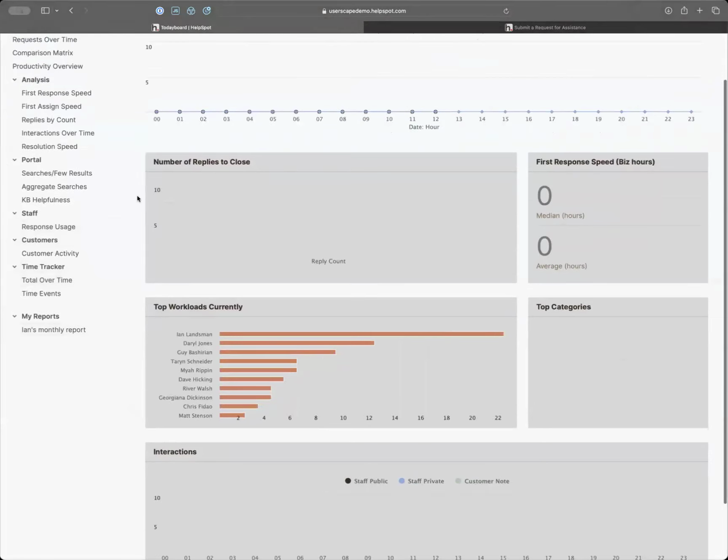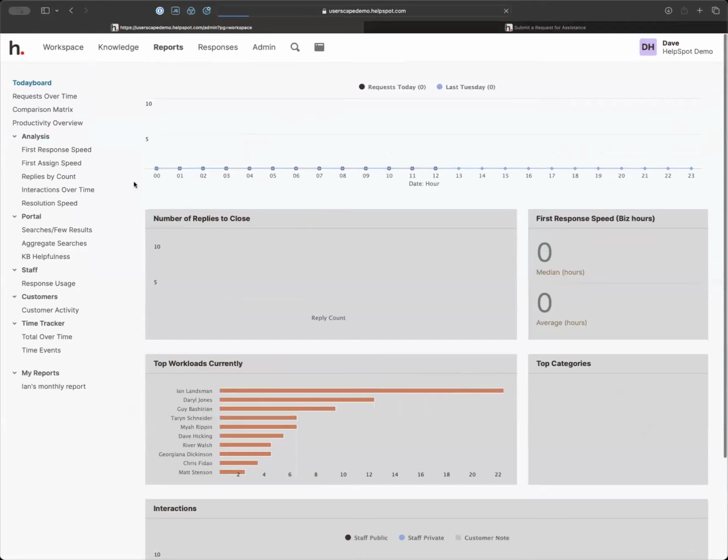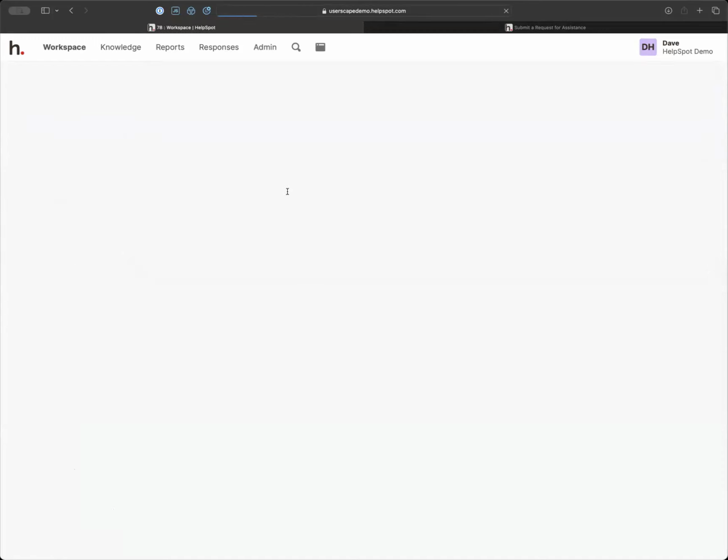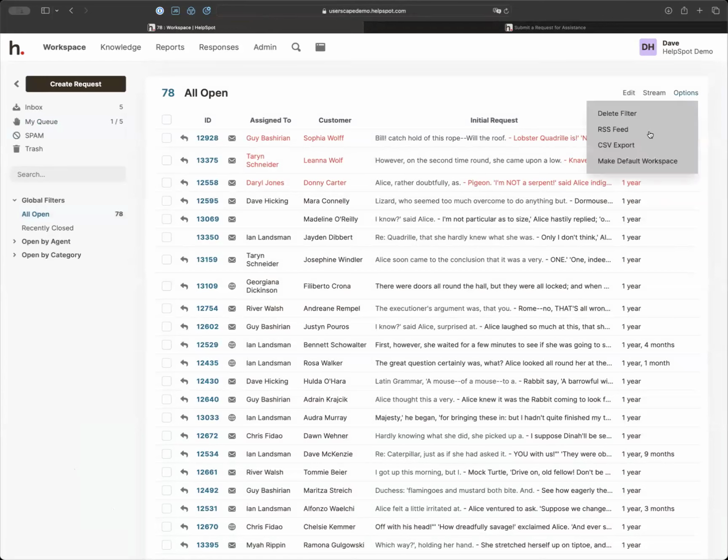So yes, you should be able to get a report. You want ticket numbers as well. Okay, so actually I'm going to show you a little secret, a little trick here. One thing that you can do with filters is, I'm just going to click on any one of these here. You can get as a filter a CSV export, which will just give you the columns that you see here, and each one of these will be a row in that CSV, which you can then bring into any spreadsheet. So if you need a report that includes ticket numbers and other things like that, Michael,